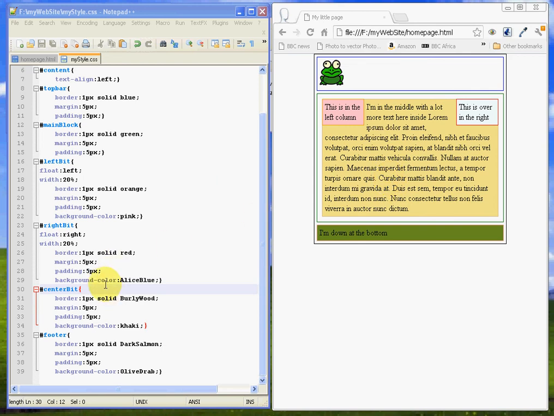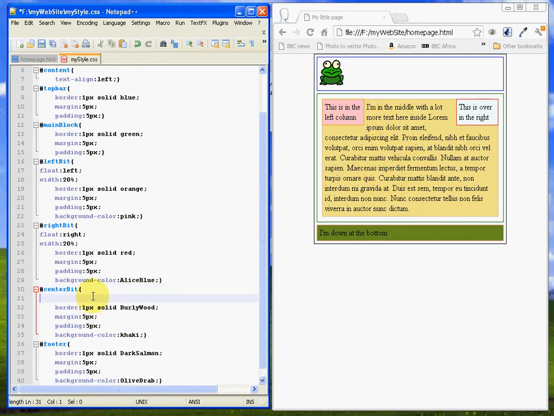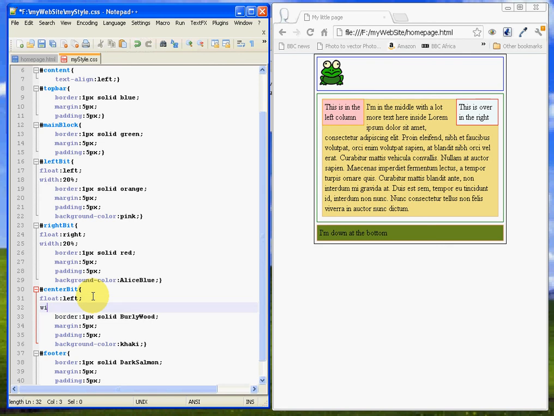So what we're going to do is float the center bit up against the left bit as well, and then give it a specific width, so it won't do all of this weird stuff down here. So we're going to do float left and make it a width. Now